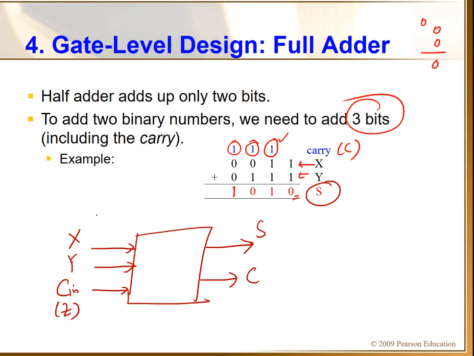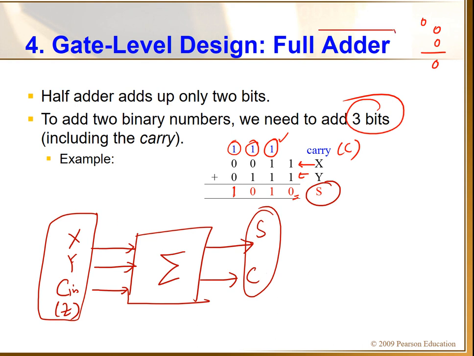Okay, so the inputs, we have to perform with 3 inputs. The inputs are 3 bits, including the carry, and the outputs are sum and the carry. Okay, so this is my output. So this is the block diagram. So this implementation, when we get 3 bits as the input, is actually called a full adder, because now this is performing the full adder operation. The other one was just the half adder.